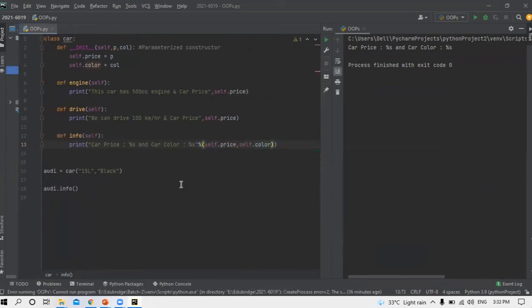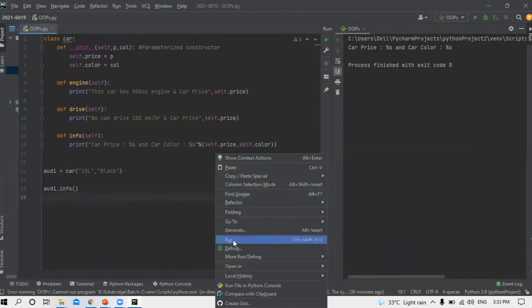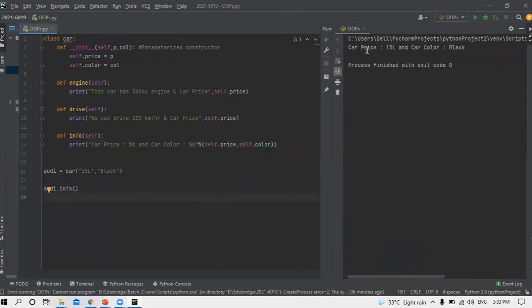Now let me run it again. Yes, the car price is 15 lakhs and the car color is black. Now it's properly working.